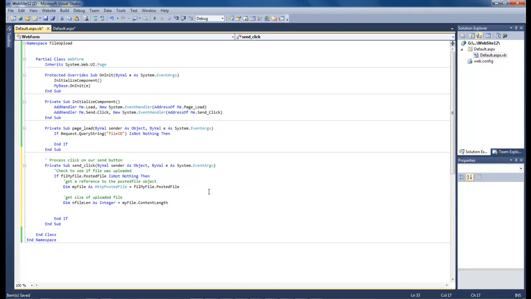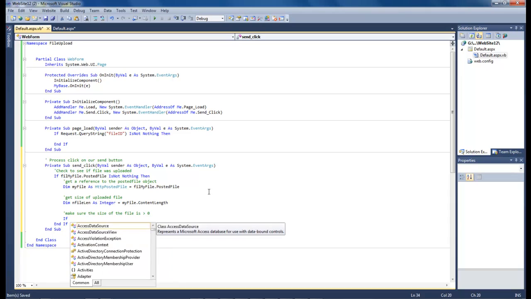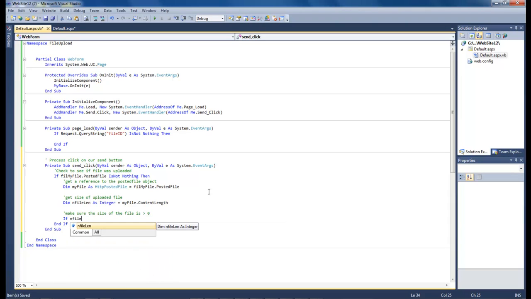And then we want to make sure the size of the file is greater than 0. And how we do that is that we type in if in file len is greater than 0, then